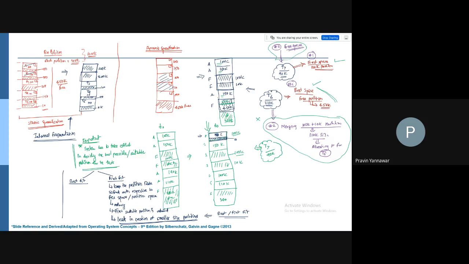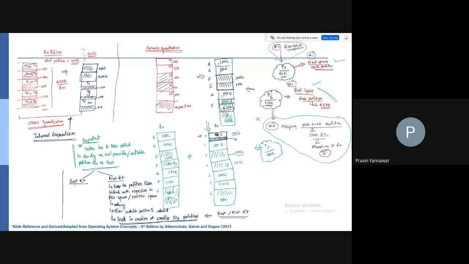So this is a common problem. But in the first fit, we are going to keep the table sorted and the ordering maintained so that we can easily search it. Whatever the first choice that we have, we are going to use it here.